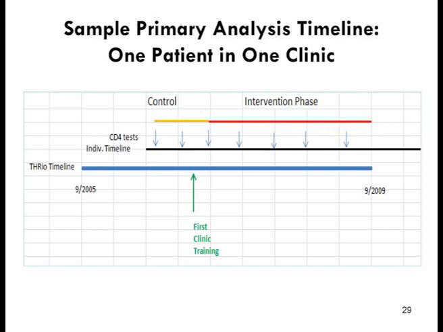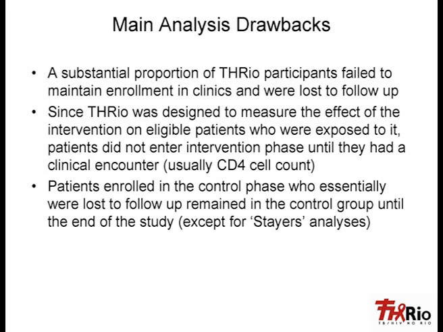All right. There were, however, a lot of patients who weren't showing up, and we were a little bit worried about them because they'd been in there in 2003, 2005, a couple years beforehand, and then they never showed up. Were they ever around at all? So we invented this thing we called the Stayers analysis, that we keep people in until they'd gone a year without any contact with the clinic. It's not a per protocol, but it's to make sure we're looking at people who actually have a chance to get to the clinic and get its intervention.